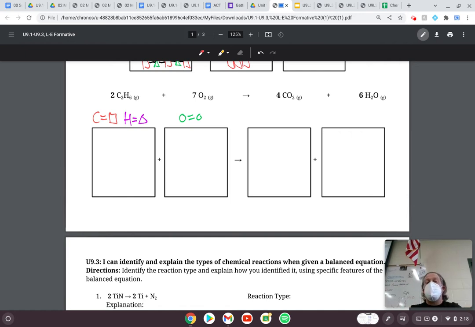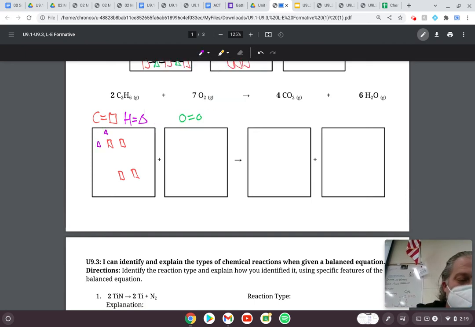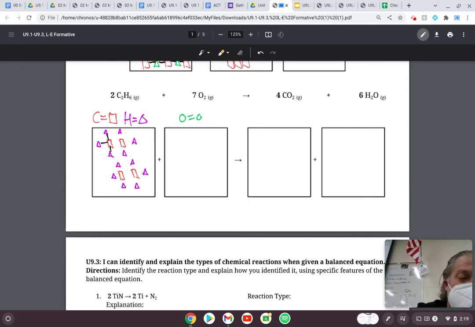So all of these substances happen to be gases, so I'm going to draw them as such. So I'm going to have my triangles, or my carbons and my carbons down here. I'm going to add some triangles like we did for this one in the homework yesterday. Looking something like that. Note that they are definitely not touching, but the things that make up the compound are bonded together like this. But the actual molecules themselves are not touching,